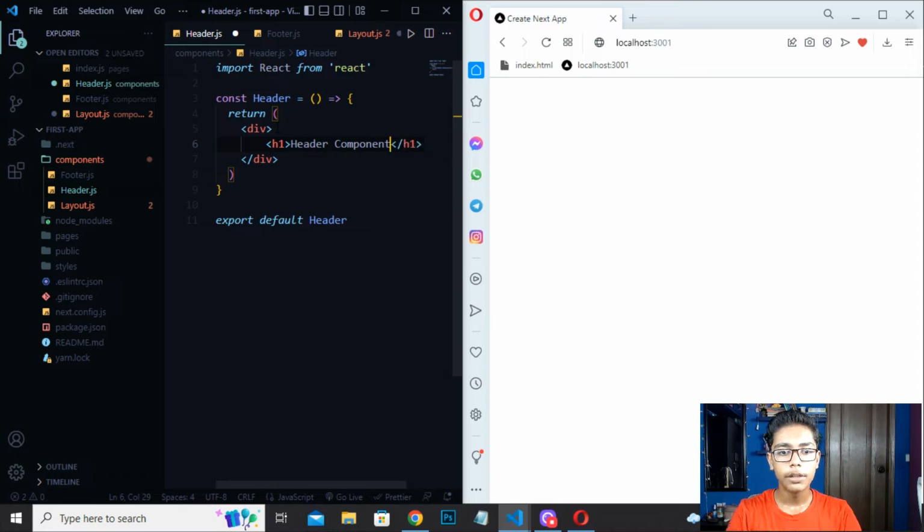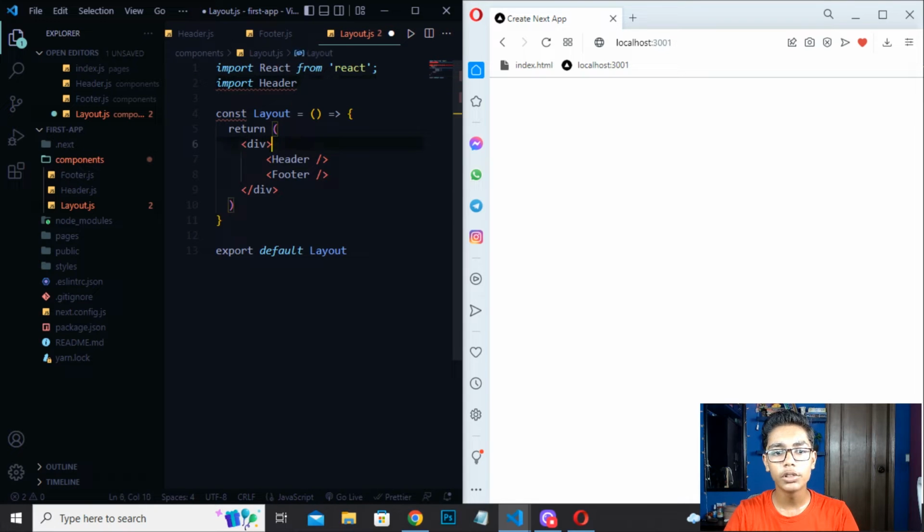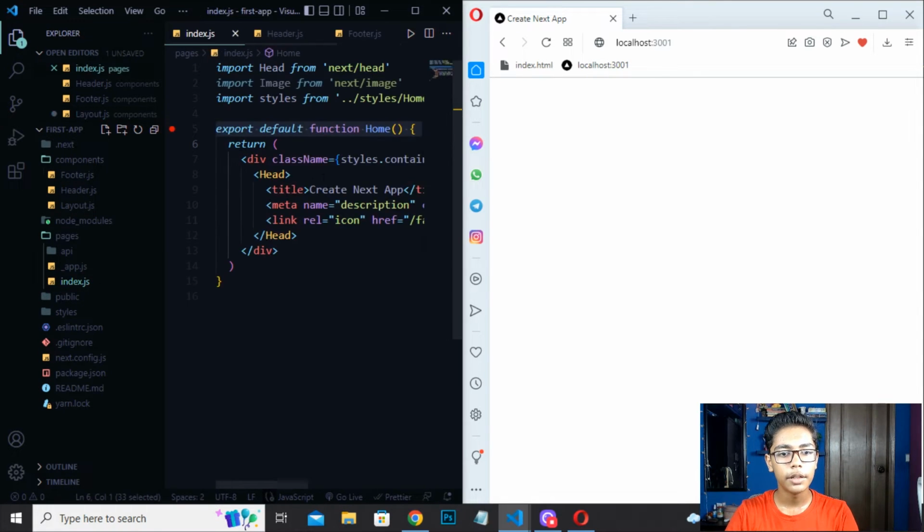Now if I just save this file and show you, you can see nothing happens here because we have not written anything. So I'll be going to layout.js. Here I will be now writing the head tag. Here I will be moving, just erase this header. Then you have to move to your index.js file which we have at the starting. So it was in our pages tab. Here is our index.js file.